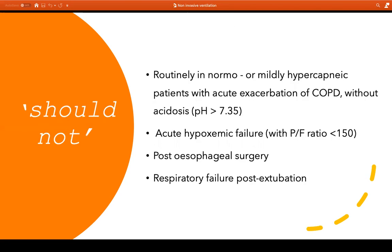And what are the clinical conditions when you should not use NIV? We should not use it routinely in a normocapnic or mildly hypercapnic patient with acute exacerbation of COPD without acidosis. It will cause alkalosis, which is not desirable. Similarly, if the patient is a chronic CO2 retainer, we should not use NIV in them. Just because a patient has a PCO2 of 60 or 50 with a pH which is compensated, it will cause